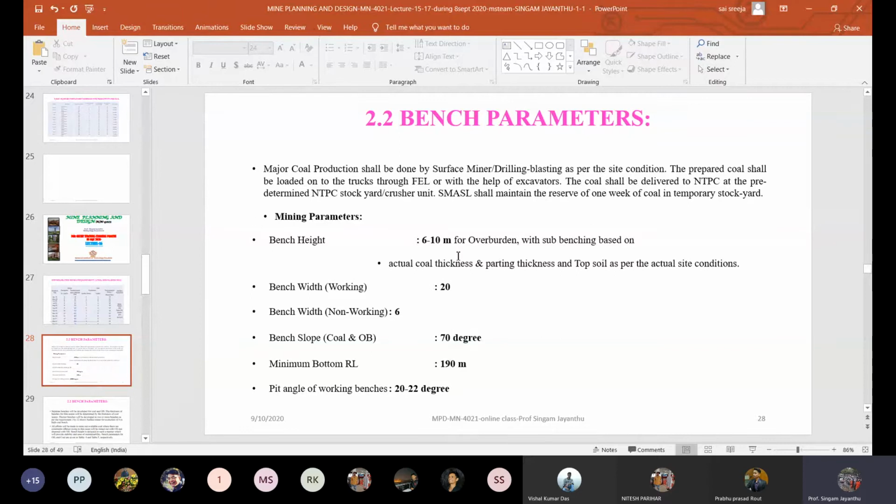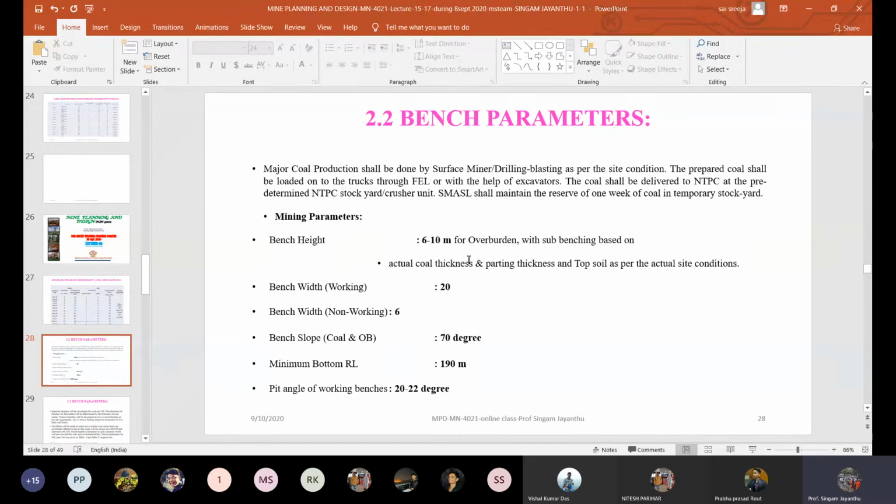That's the reason why I am trying to utilize all my experiences to explain to you, and you try to note down those points where typical issues may come. Otherwise, in this mine A for us, it is 6 to 10 meter for overburden, and according to that only your machinery will be selected. That is very simple to understand. And of course, keeping that in view, the design of the slopes was also done.